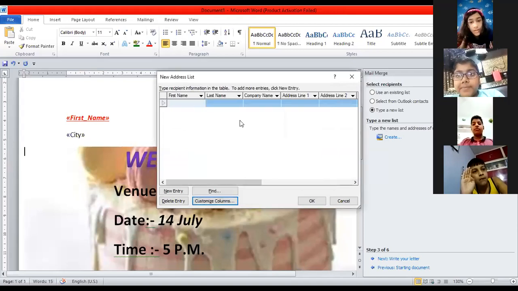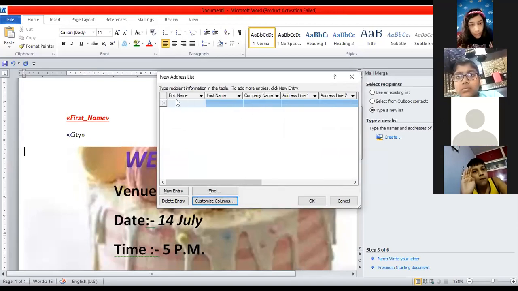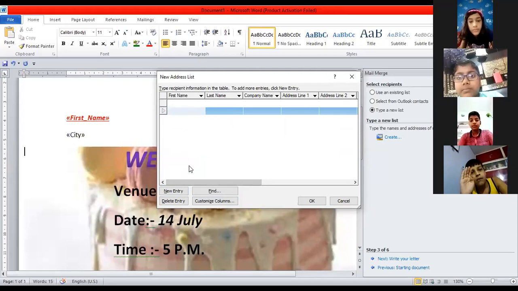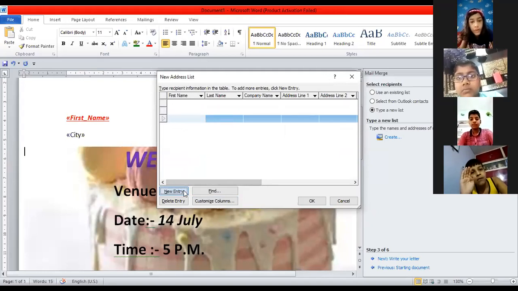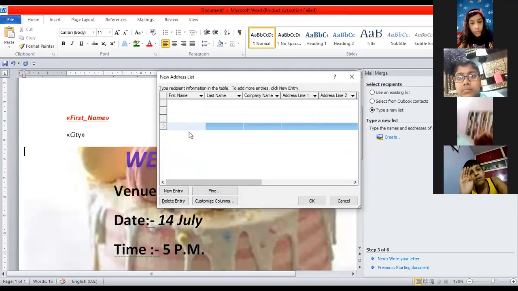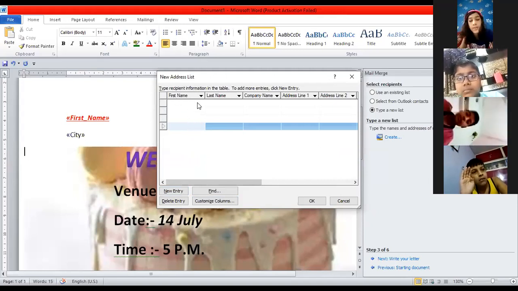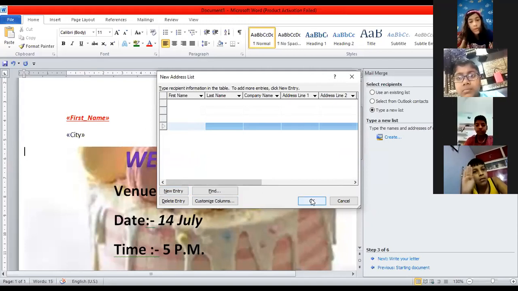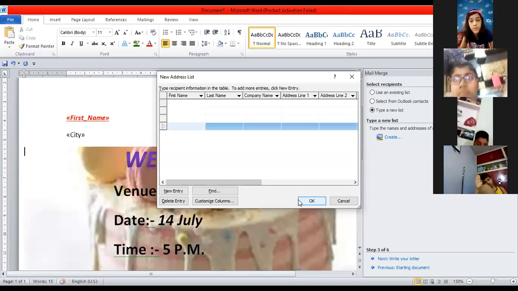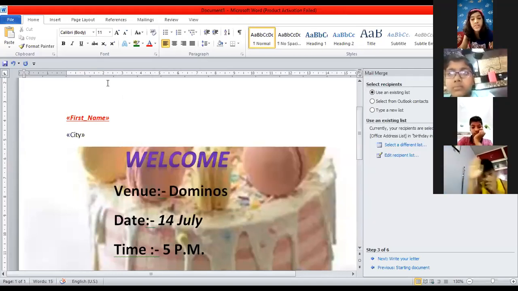Okay, Miss. Now, whenever you enter, one entry will be given one time. When you enter now, after that, when you click on new entry, then it will give you the next one. Okay, Miss. Each time you have to click on new entry, then only it will give you a new row to write. Understood? And when you fill all those details and click on OK, your list will be ready. Okay, Miss. Thank you, Miss. When you click on OK, a window will appear where you have to save the file. You have to write the name of that particular file at that time. Clear? Okay, Miss. Thank you, Miss.